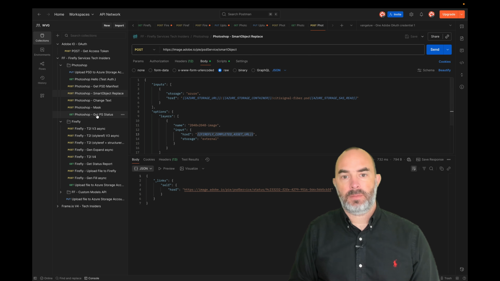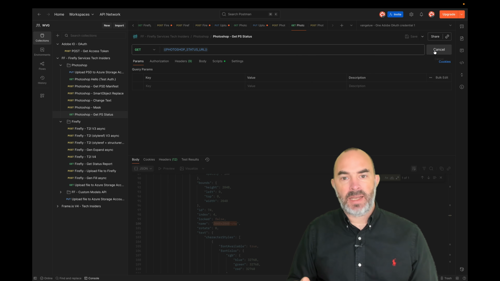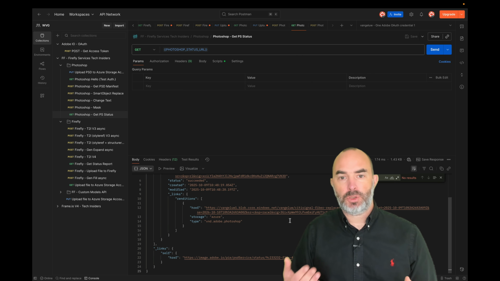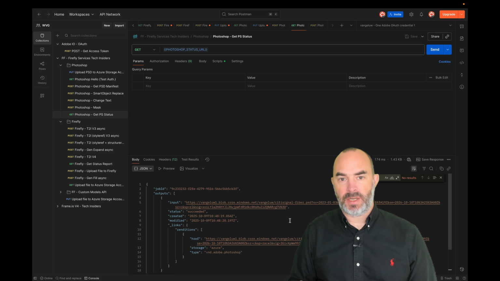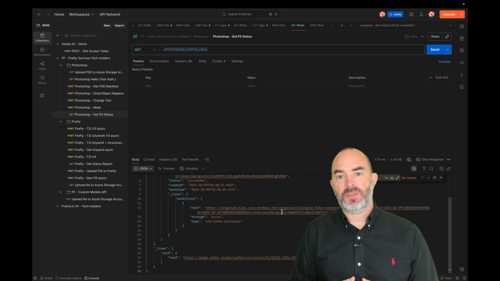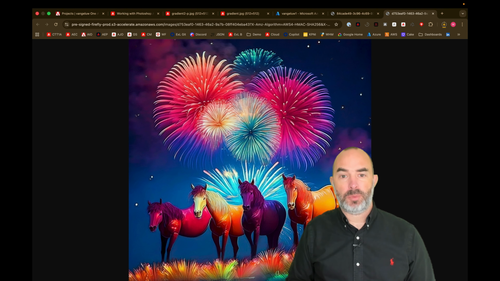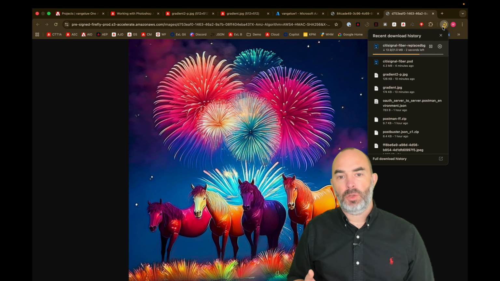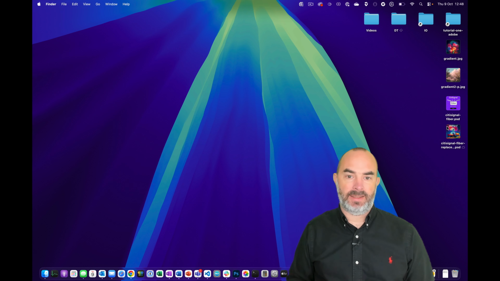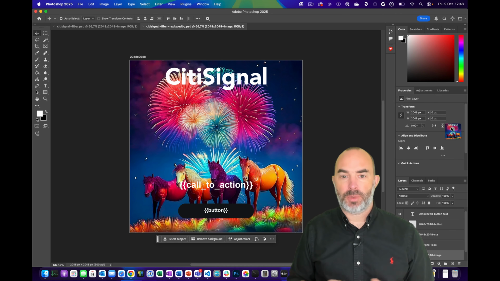Let's give it a try. After clicking Send, I'm getting a status report again, as Photoshop API endpoints are also asynchronous. After a couple of seconds, I can see a successful status on the report and the link to the generated output file. By clicking the link, the new Photoshop template will be downloaded, and the new Photoshop template now looks like this. The change background operation was successful now, but I still need to change the text layers in the